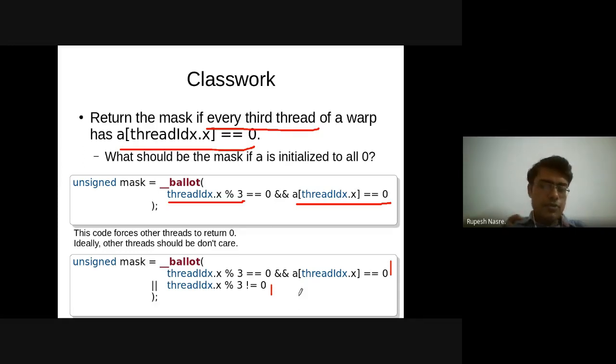So we need to add that OR condition for the other threads. That is very important if you want to have a faithful translation of the English statement to the CUDA statement, right? Any questions on this? Is this clear? Okay, so I assume that it is clear.